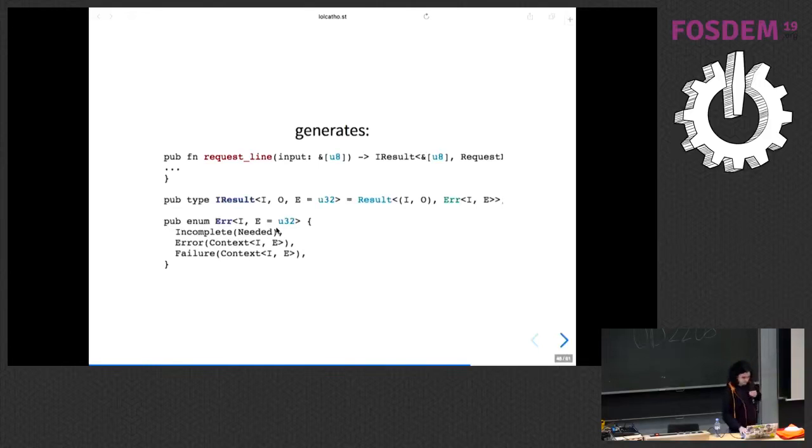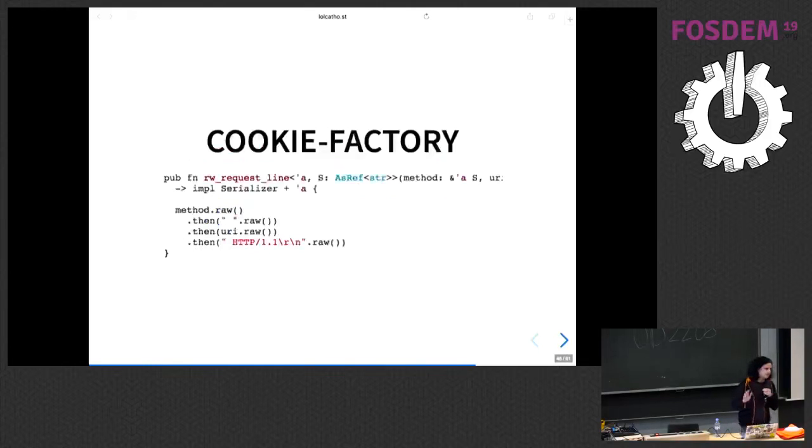On the write side, there's the cookie-factory crate, which lets you build a state machine. So you see, it's a bit like the futures. I got inspiration from the futures combinators. I built a machine that will try to write. And if you stop, like, okay, there was not enough room to write the whole URI, okay, we just have to call that structure later and say, okay, now you can write. So this will handle partial data correctly.